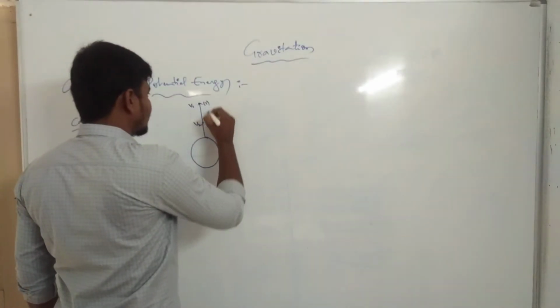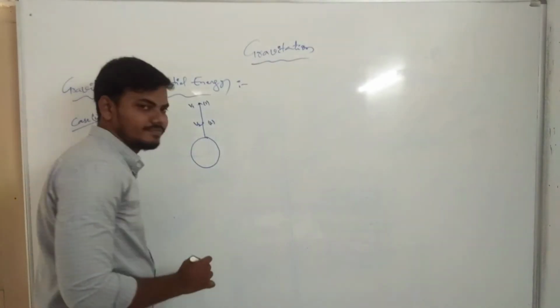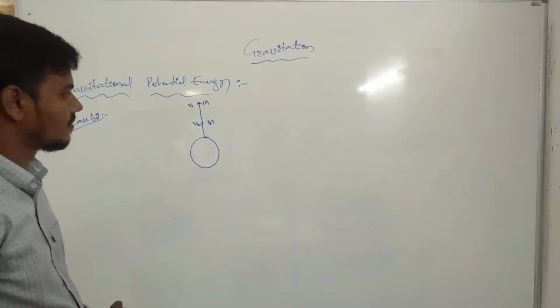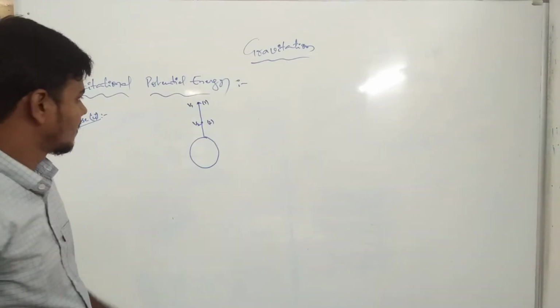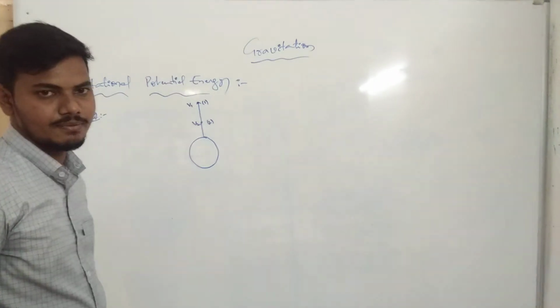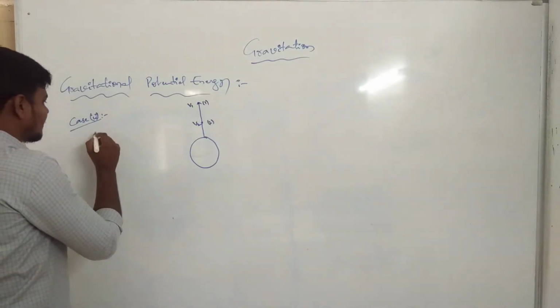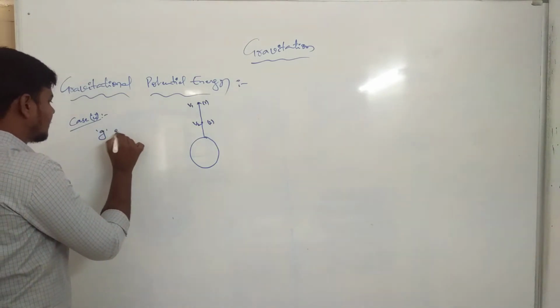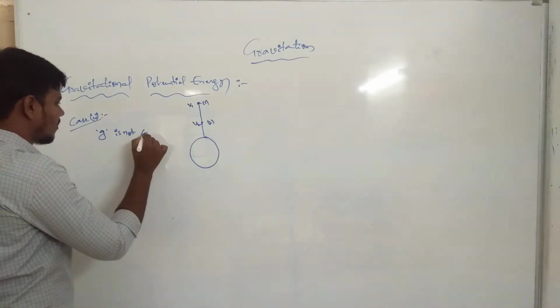Now this is the first position, this is the second position, from the V1 position to the V2 position. There are two types of positions: the first position to the second position, the first initial property to the second initial property. Clearly? Okay. Now in case 2 we can take it as G is not constant.